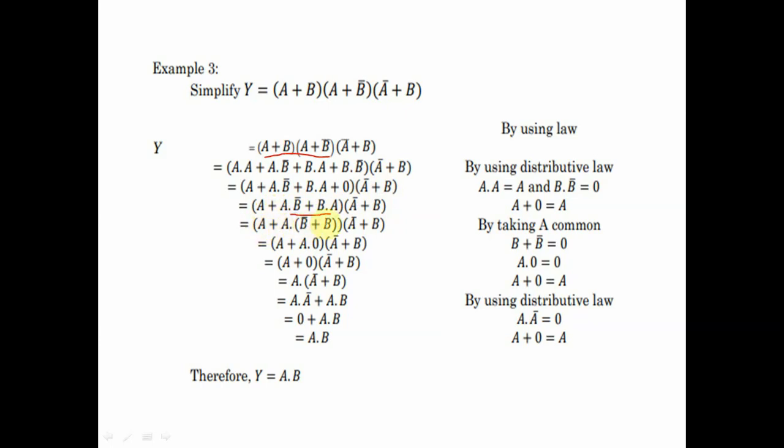So A plus A, B into B bar is nothing but 0. B into B bar is nothing but 0. So A plus A dot 0 is nothing but 0. So here the term A plus 0 is nothing but A; the term A is present here. Now A bar plus B. Again multiply A into A bar plus A into B. So A into A bar is nothing but 0, and the final term is AB, the final sum. So after solving these expressions, the answer is A into B.